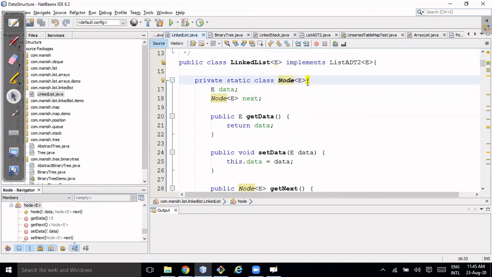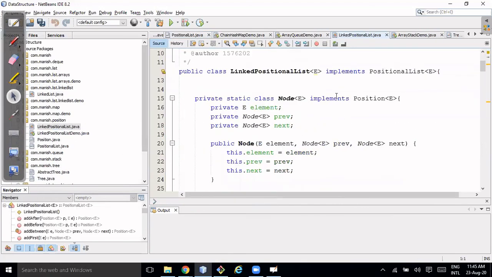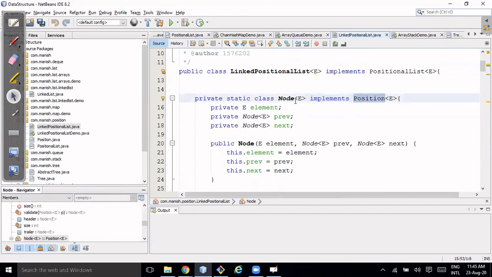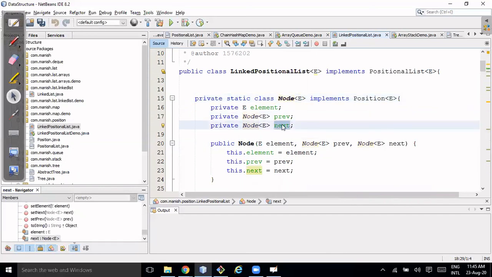Here I have not declared it as extends position for simplicity, because at that time I had not covered that topic. So you can get the object for this node also and ask to add a child, but there is no parent or child here; only previous and next. So you cannot do that.